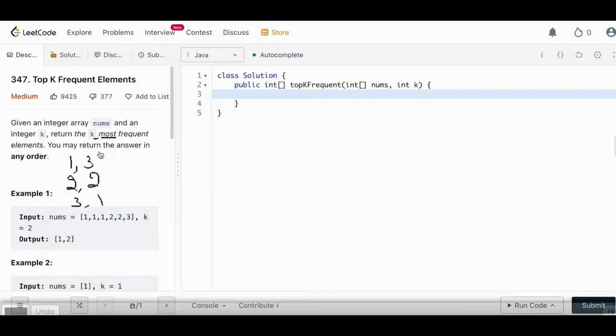So in this example, we have this map created, and then we are going to create a heap of size k. In this case, k is 2, so that at the end we will just convert the heap to an array and we can return the answer, because the return type here is an integer array. And as I told you, for top k elements, use a min heap. So in this example, we'll create a heap.